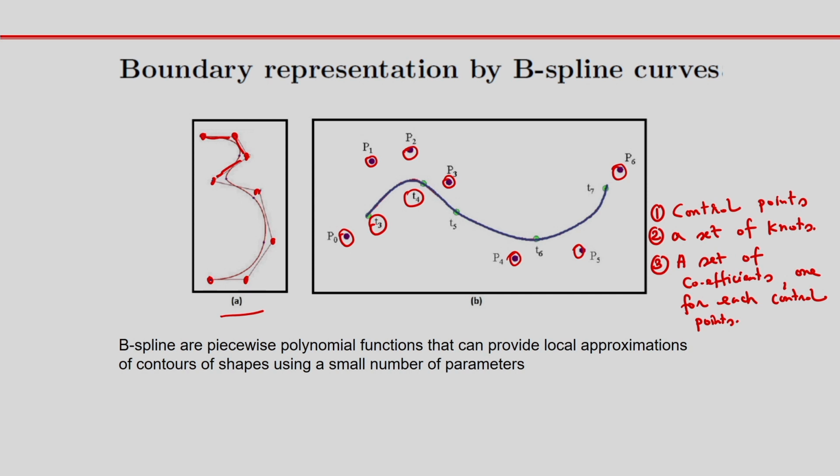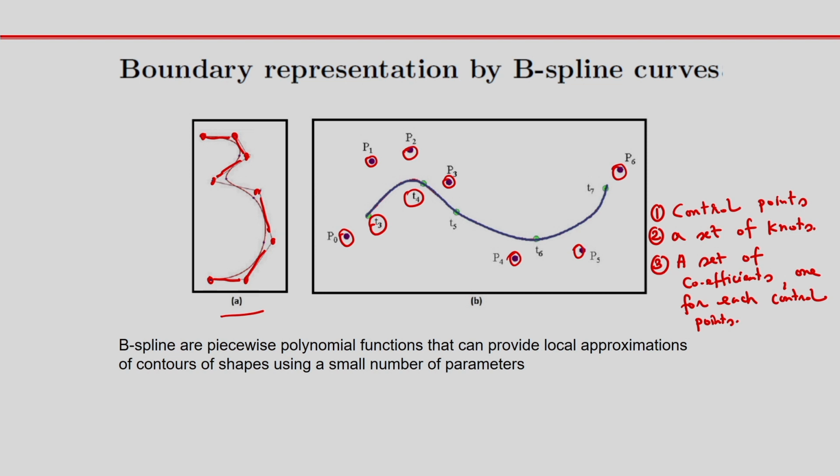And you can see that we have the curved segments. All the curved segments are joined together, satisfying certain continuity conditions. So I have to define some continuity conditions. The degree of the B-spline polynomial can be adjusted to preserve smoothness of the curve to be approximated. Maybe I can consider the second degree, third degree like this.